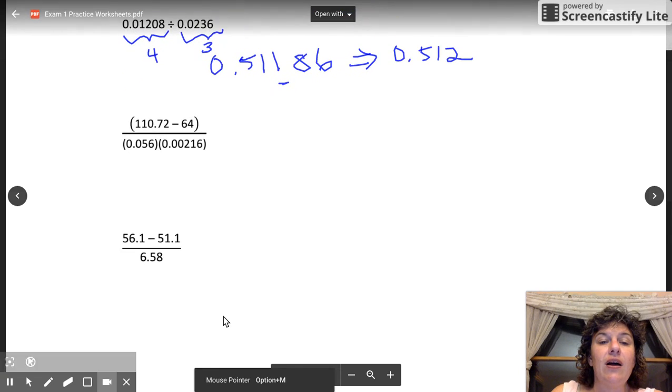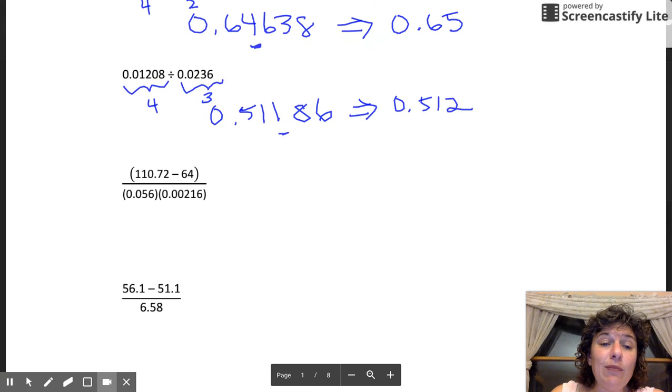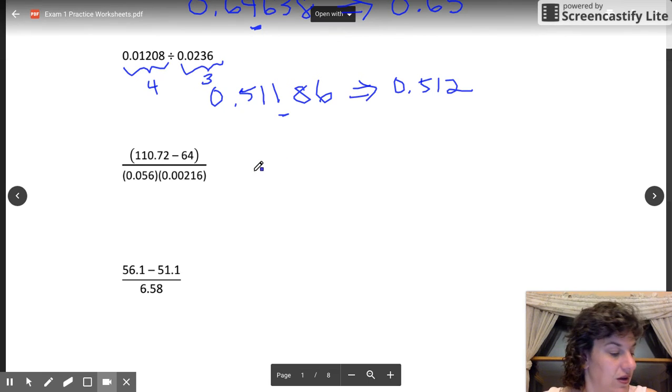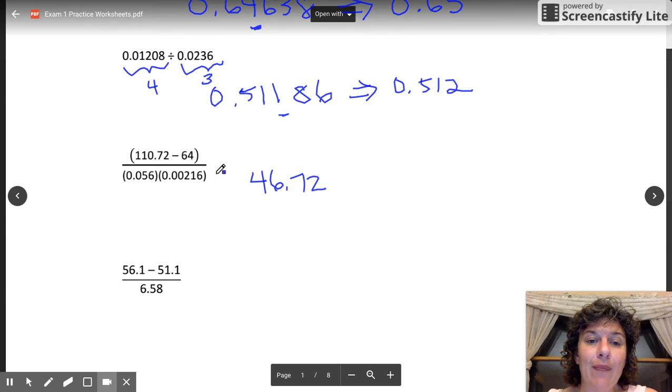All right, let's see if I can get the next one up. This has subtraction and multiplication and division, so we have to be really careful here. We have 110.72 minus 64. So this gives us 46.72 on the top, but the 64 doesn't have any decimal places. So we can only keep this last digit here, which would round to 47, but we don't want to round to 47 before we're done with the end of the problem. So we're going to put this over the multiplication answer, which is